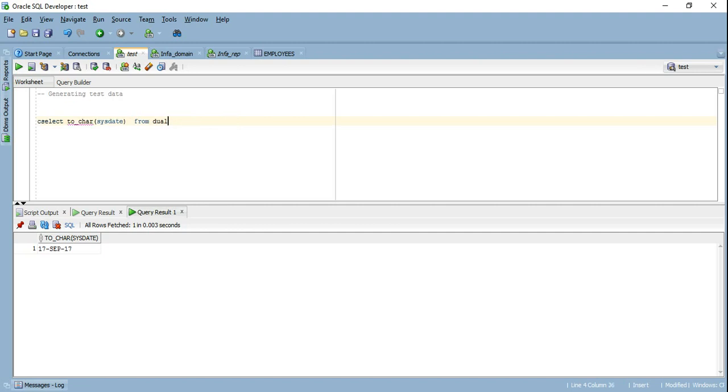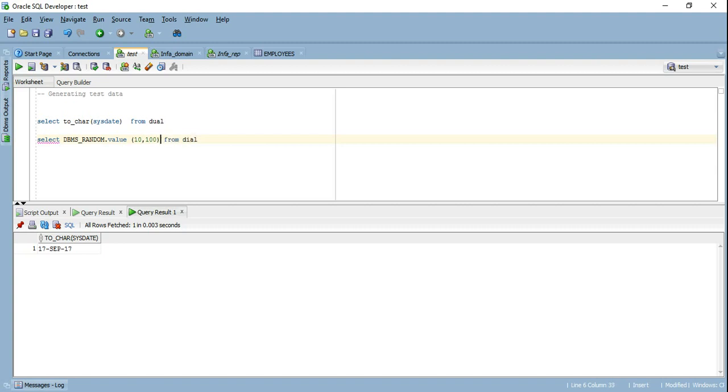The next thing, which is the second thing, which is very important, is a package that is being offered by Oracle. It's called DBMS random package. Now it is a very cool package, and using this you can generate random values. So I'll just show you here how we can use it. What I'm going to do is I'm going to generate a random value between 10 and 100, and I have to use the dual table.